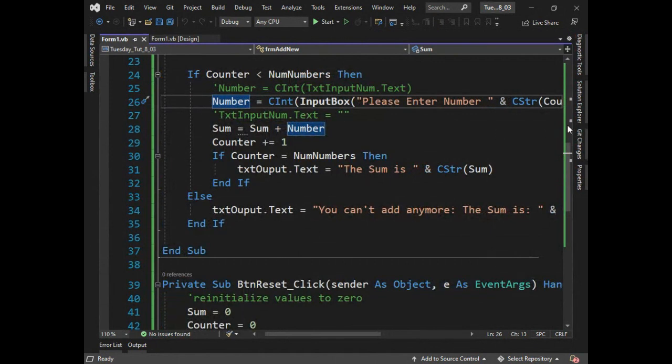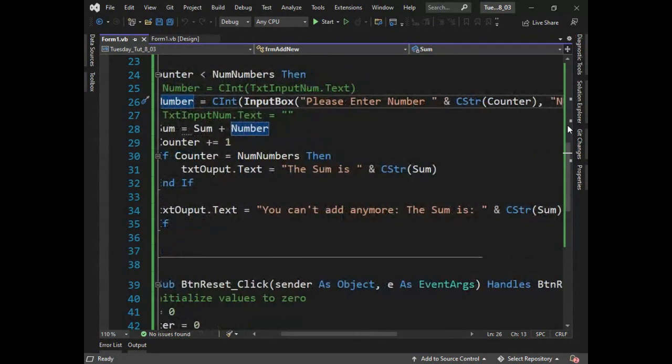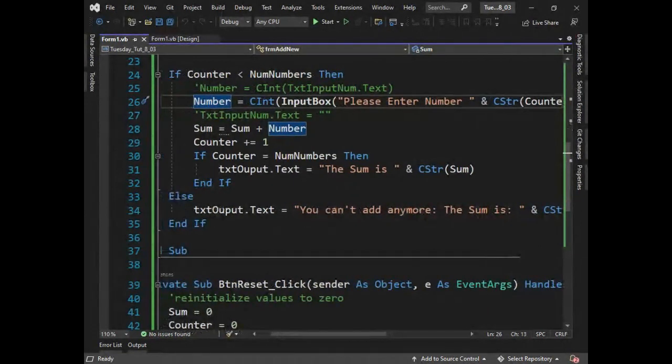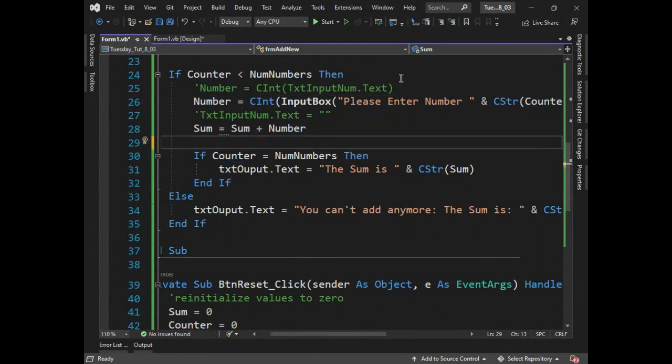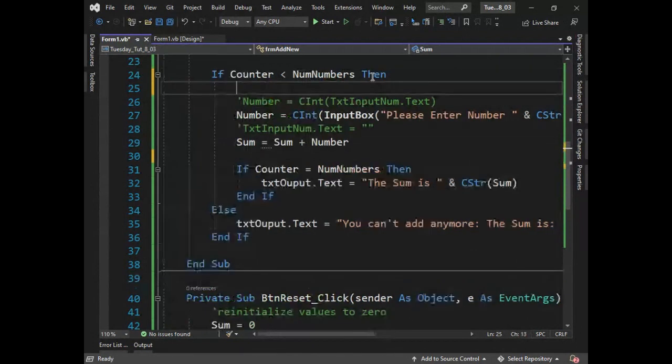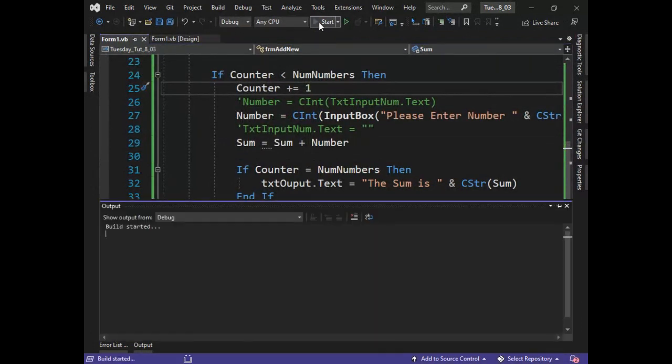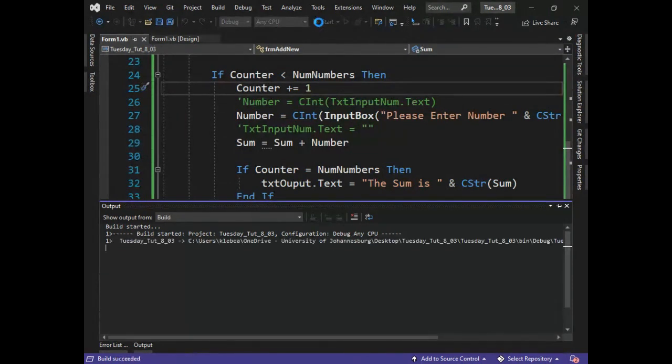The first thing would be please enter number counter plus 1. Or we could just simply, is there anything we're doing with the counter besides just incrementing it? Are we using it anywhere else? Not really. So now this is where sequence comes in. I could just simply, first thing I do is increment count. Then if I run it,